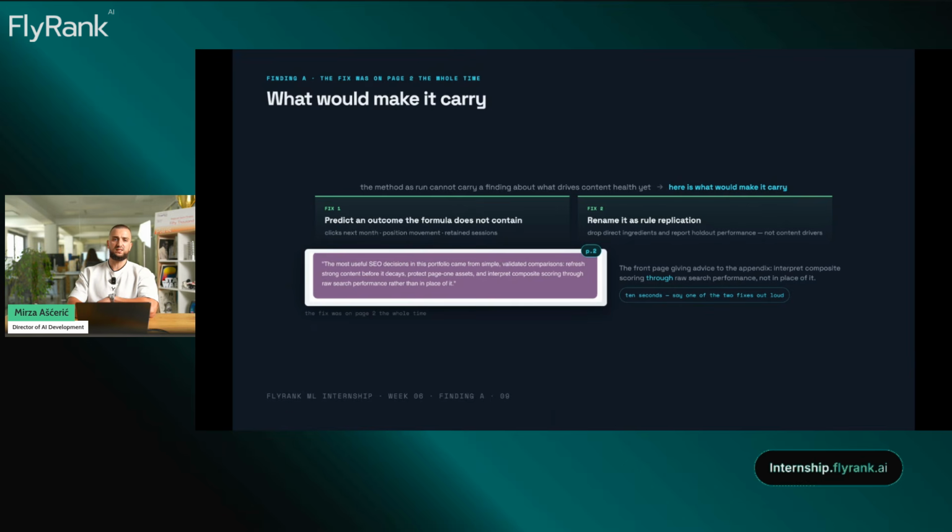We could try to guess things the recipe doesn't use, like how many clicks next month. Or we could use the good content score, but take out the recipe's part. And then we would ask clearly if we are just guessing or checking the recipe. Page 2 of the paper actually gives the answer. It says to look at how well people search, not just the score. This helps answer your second question. The chart describes things, it doesn't show why they happen.